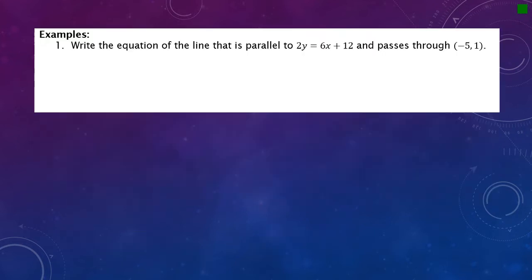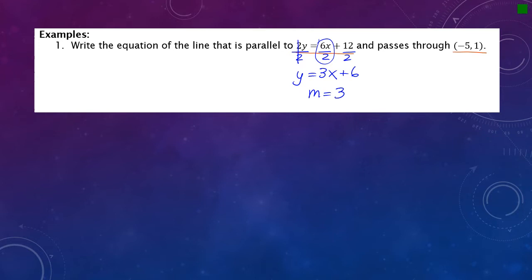So if you're in standard form and you can remember this little shortcut equation, that'll take you straight to your slope. We want to write the equation of the line that is parallel to this line that we're given right here and passes through the point negative 5, 1. So just like we did in 2.3, the first thing I want to do is identify the slope of the given line. So this one is not as straightforward as the ones in lesson 2.3 because I have to do a little bit of work before I can actually get to my answer. So what I'm going to do is I'm going to take this and I'm going to divide everything by 2 so that I can get y by itself. So I have y equals 3x because 6 divided by 2 is 3, and then plus 6 because 12 divided by 2 is 6. Okay, so the slope of this line is 3,